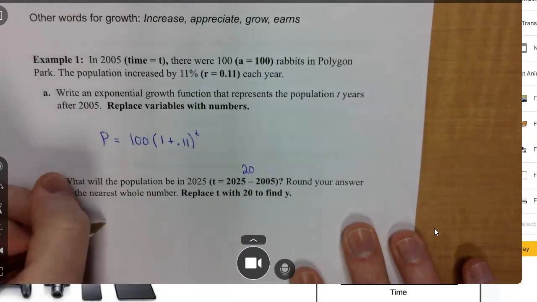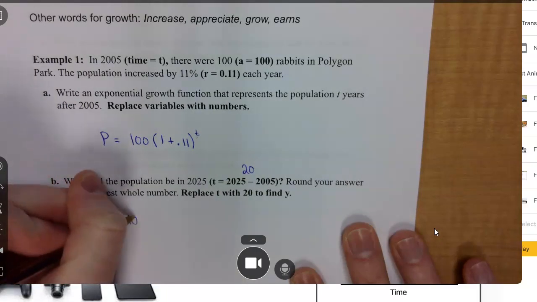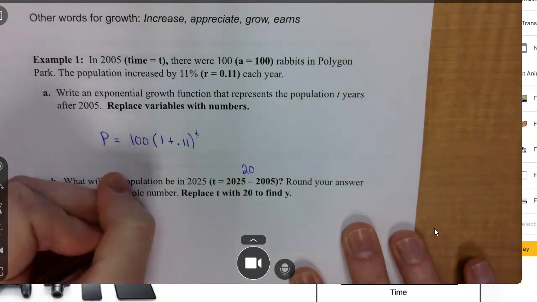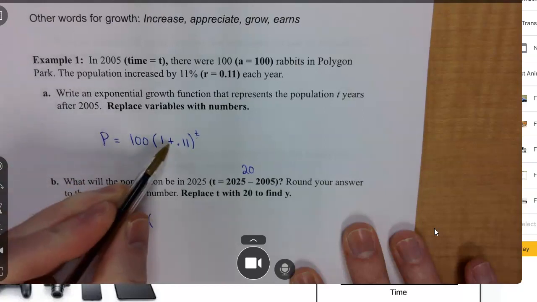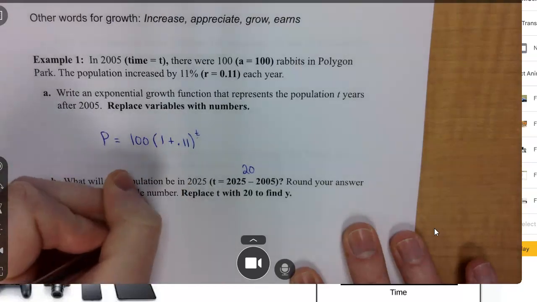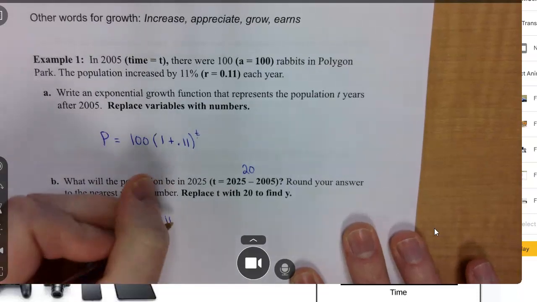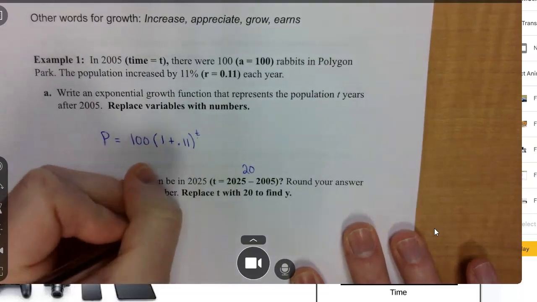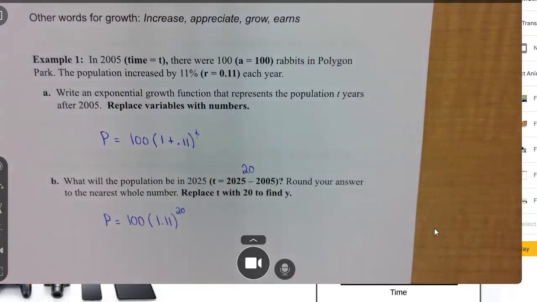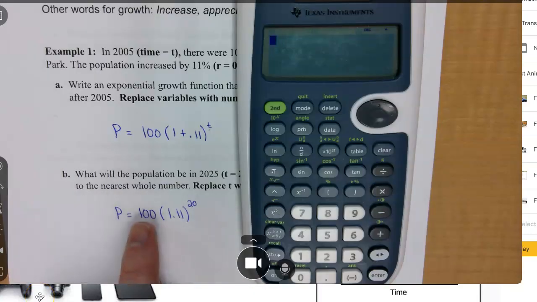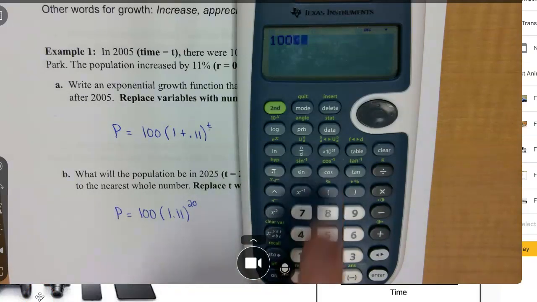So now my population of rabbits is going to be the 100 rabbits that we started with in 2005. And then 1 plus 0.11 is 1.11. So that's my b value, my base. And my t is now 20. Okay? Now at this point, we want to get out our calculator. So in my calculator, I'm going to type in exactly what I see. I have the 100 initial rabbits, parentheses,